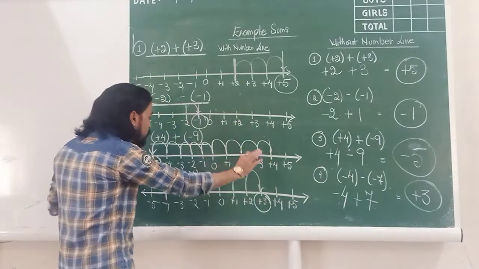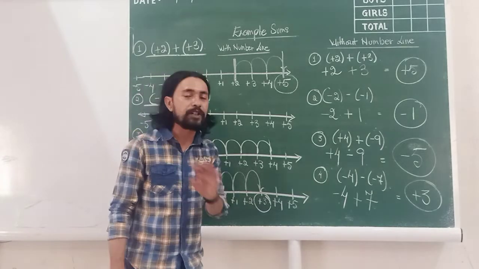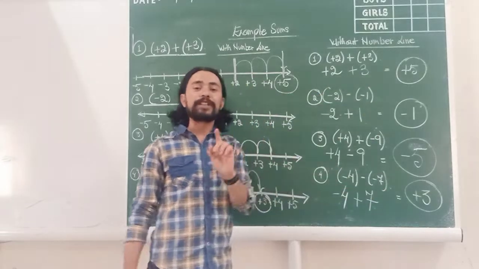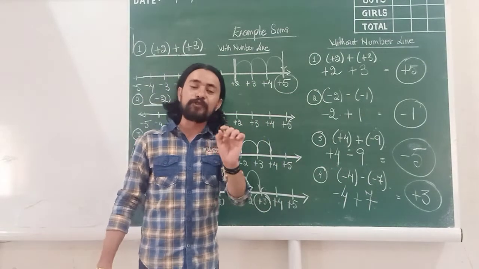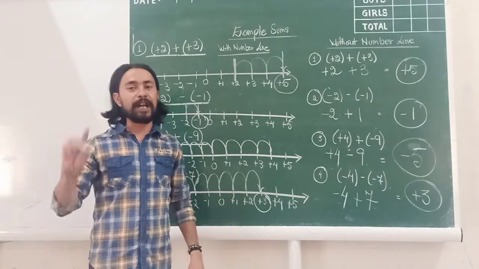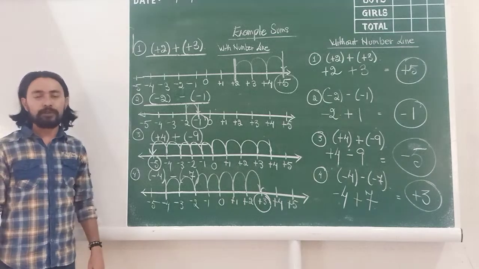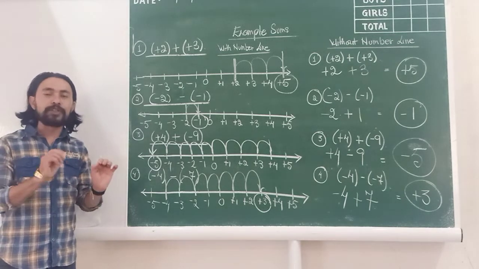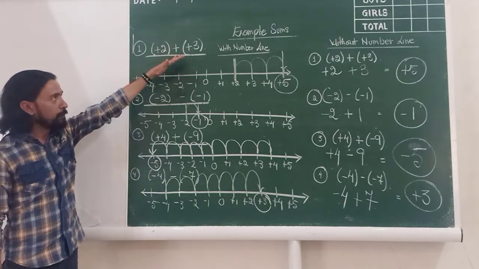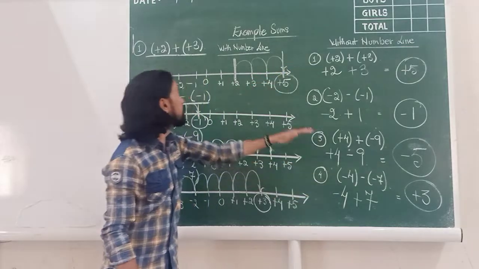So we need not do everything on the number line because all big numbers cannot fit on the number line. And therefore we have devised a method of doing it without the number line. But for that we have to follow the rule of addition and subtraction and multiplication and division. All of this has to be also written in your notebook for your future reference when you are doing the sums. So first you will do these sums. And under that, you can do these sums.